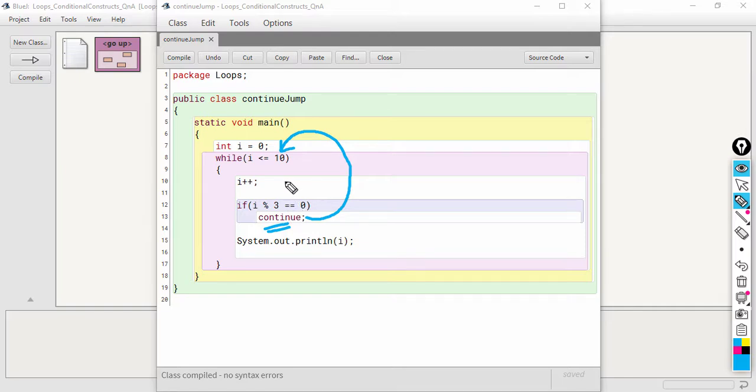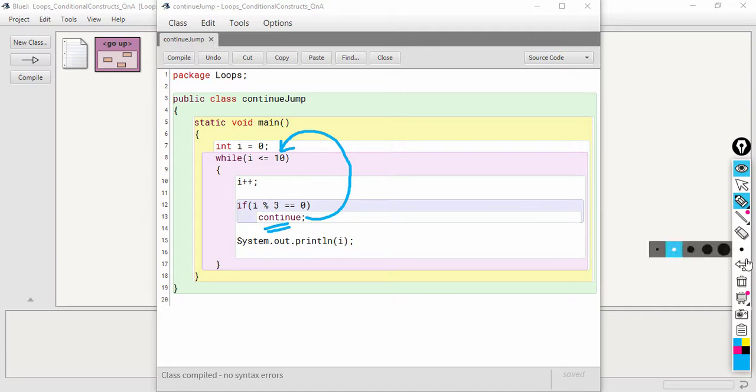Only in the case of a for loop it takes the control to the update statement, but in case of while and do while, the control goes to the condition due to the continue statement.